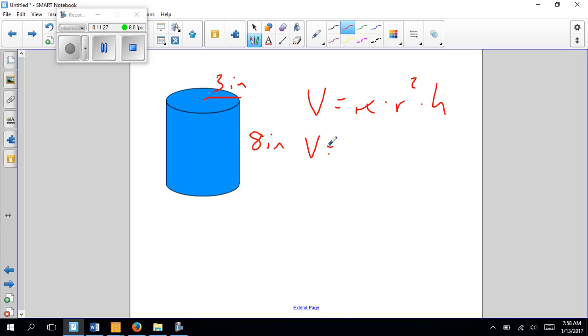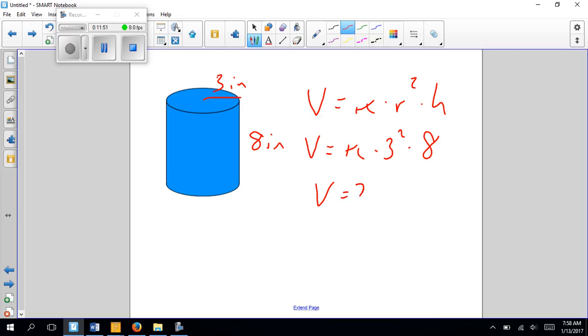So I know I have volume equals pi times my radius is 3, so 3 squared times my height, which is 8. This is really so much easier than surface area. All we do is look at information and plug it into an equation. I put all of this into my calculator. The pi button times 3 squared times 8 gives me